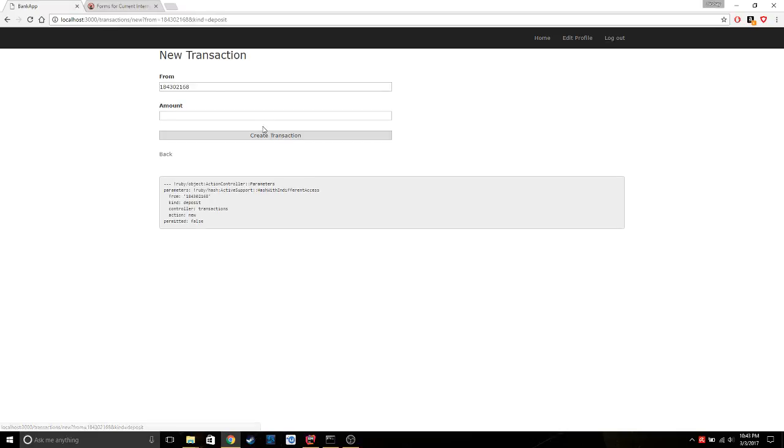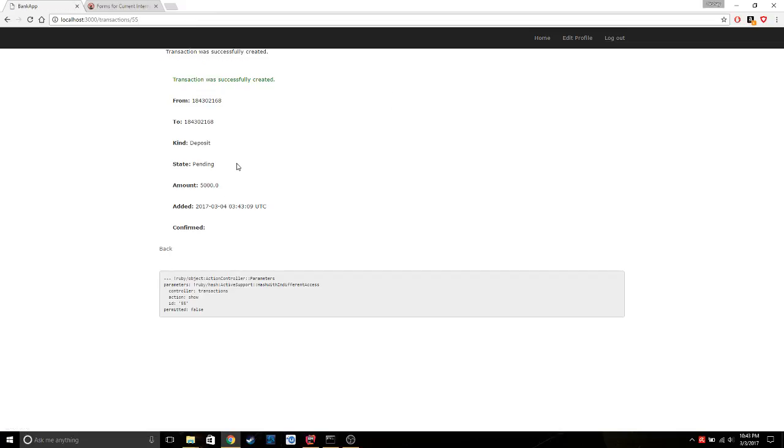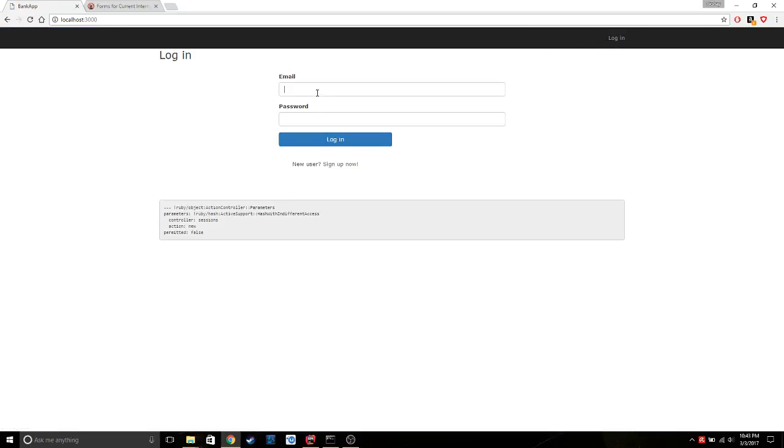So let's go ahead and deposit an amount of money. When we deposit, the transaction does not always go through. The admin has to approve the deposit for it to reflect in our account. So, logging in back as the admin,